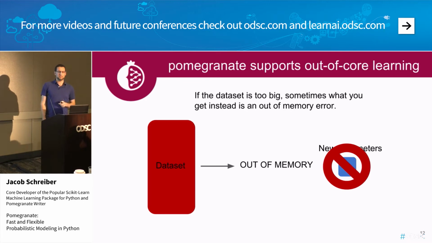Recently, in this era of big data, it seems as though we have a lot more data, a lot bigger data sets, and when we try to load them into memory, we get an out-of-memory error. Unfortunately, out-of-memory errors aren't good parameters for your models, and typically, you would then try to do some sort of subsampling in order to get it to fit.